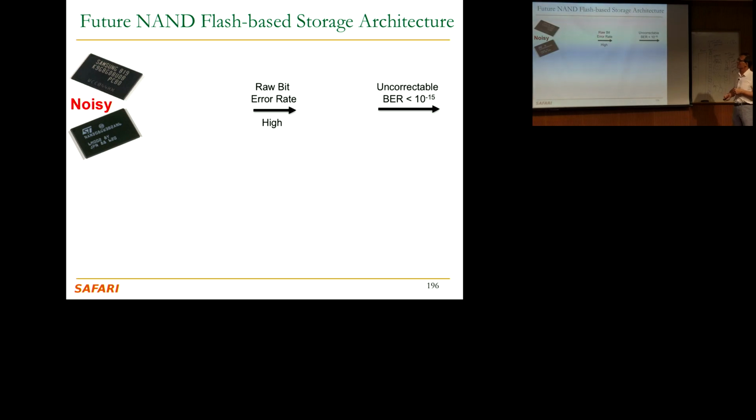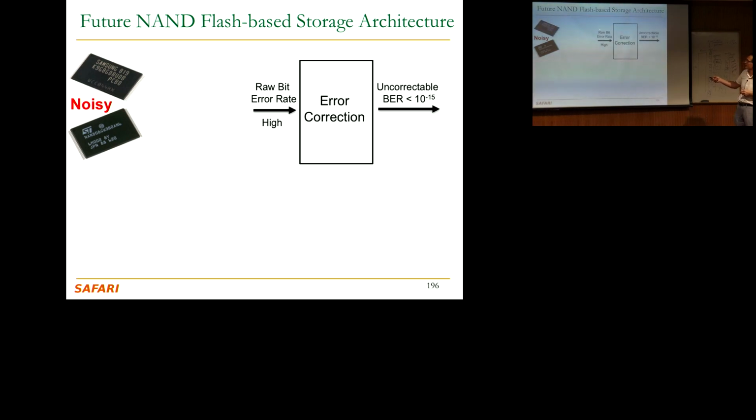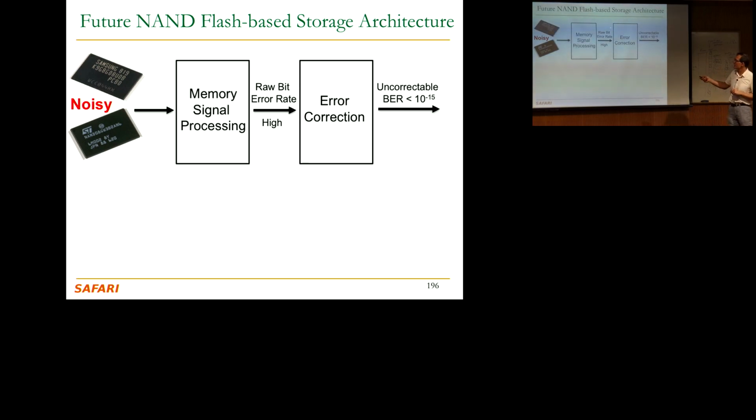So you have these noisy flash chips. You get some raw bit error rate from the flash chips, and this is high. As a result, the controllers need to employ error correction and many different mechanisms, such that the uncorrectable bit error rate is below some standard, again an industry-specified standard. To get to that raw bit error rate, you may need to do some signal processing also. We're going to talk about some of these mechanisms with a focus on read disturb.